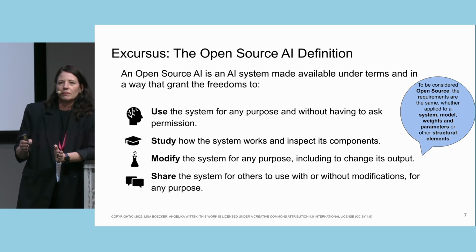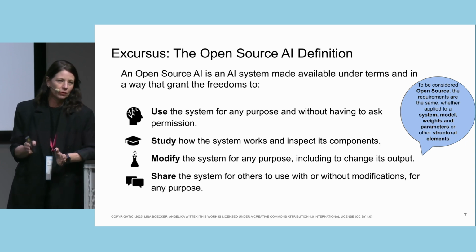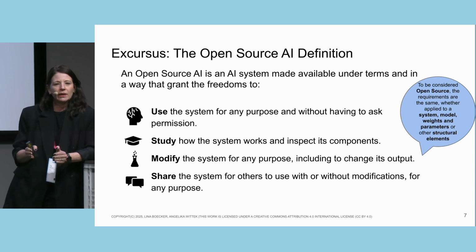And this was extrapolated to AI and to the artifacts that are part of an AI system or an AI model. As you can see here, it's not 10 points, it's only 4 points, which is mainly because we don't really know yet how the black box in the AI is working technically, and therefore we do not know what to do and what to say in order to make this as transparent as an open source code would be.